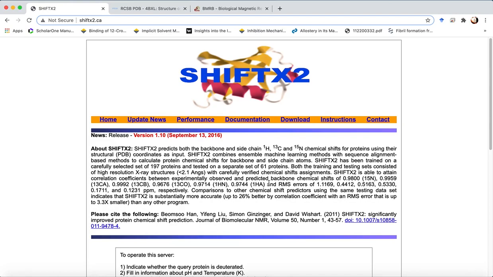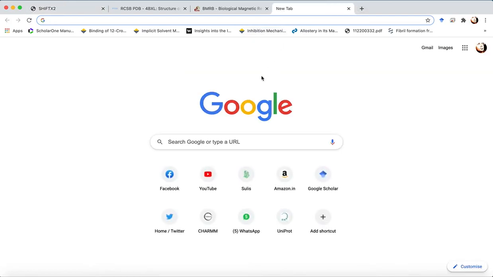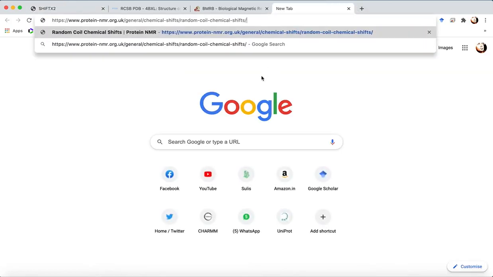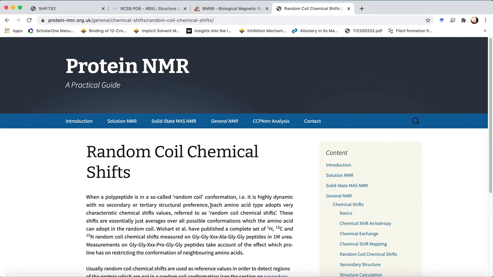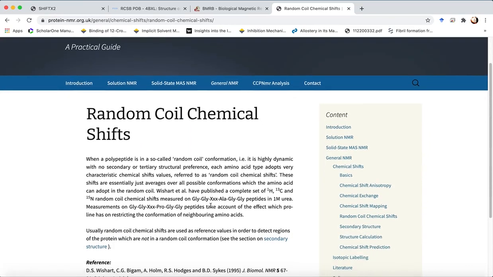So in that case, a better assessment would be via the C alpha chemical shift or the C beta chemical shift, or from a secondary chemical shift, which is the difference between the actual chemical shifts of C alpha and C beta predicted by SHIFTX2 and the random coil chemical shifts that are predicted by using different algorithms. So just to give you an example, if we go to this website proteinnmr.org, it'll give you an idea about the random coil chemical shifts which are predicted by different methods and assessed